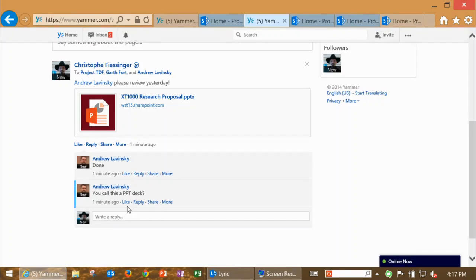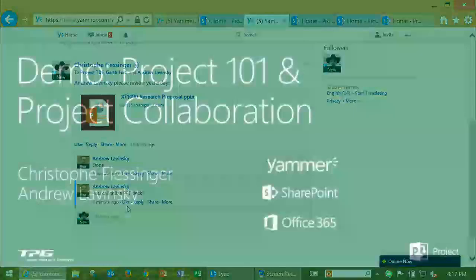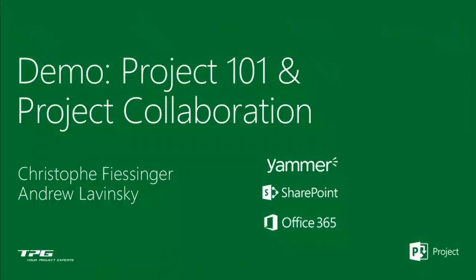So one thing I would want to point out while you're going back to the slides is that one of the powerful features of Yammer is you saw how he just added that web part to a project team site. But you can add that web part to pretty much any application. So if you're using Dynamics or CRM or some sort of help desk system, you can actually add Yammer to a lot of those interfaces. And then what you've got is a built-in single discussion interface that actually supports all those different applications. So I can have an application-based discussion group that maybe the project team subscribes to if they're doing an upgrade, let's say, to SAP or something like that. You can create groups all around all sorts of different topics.